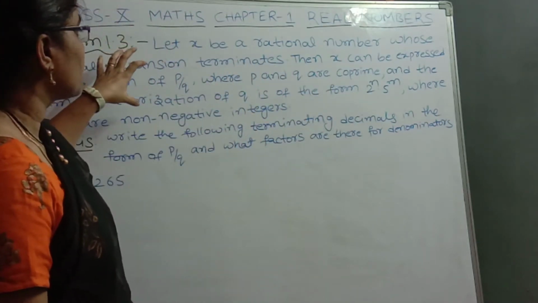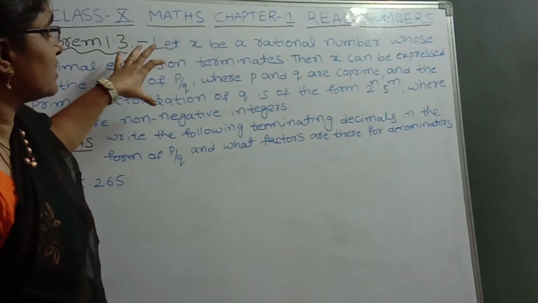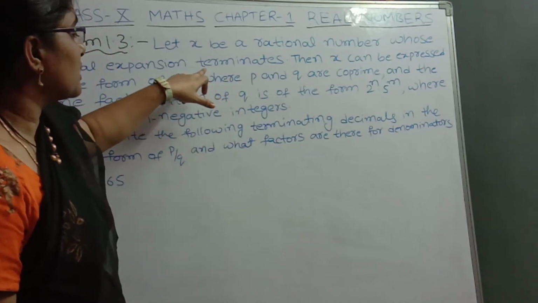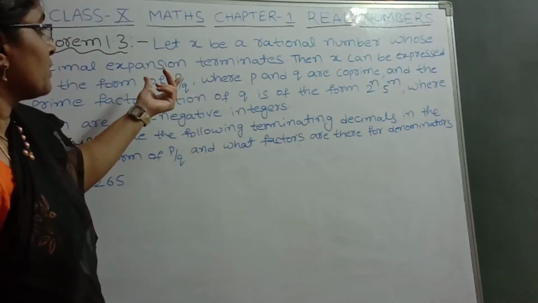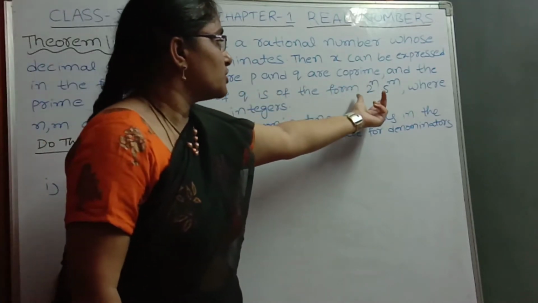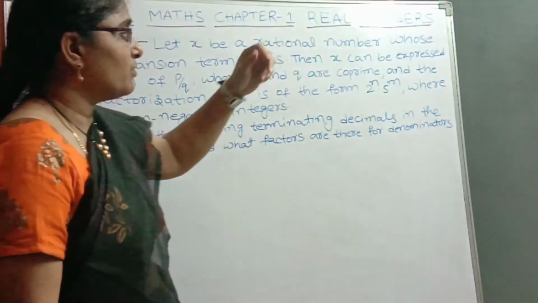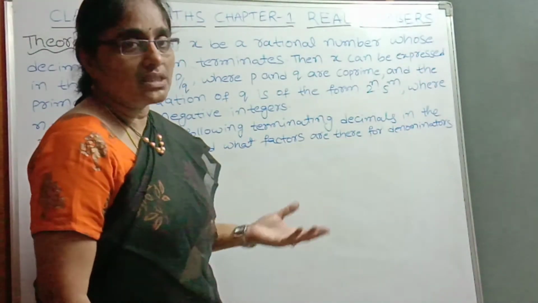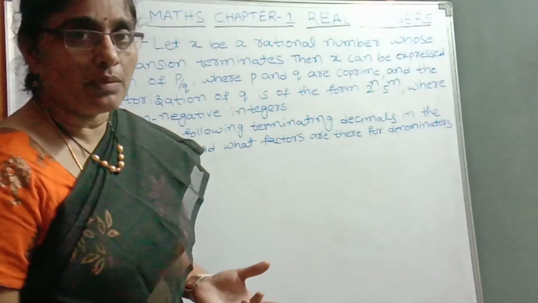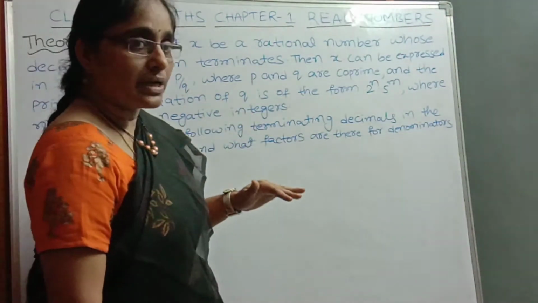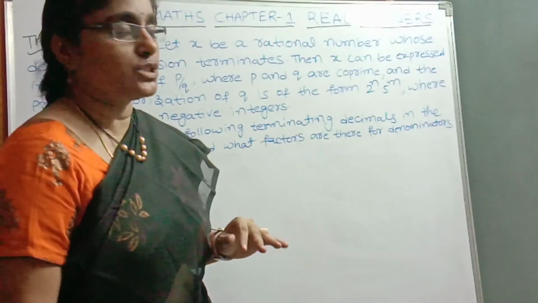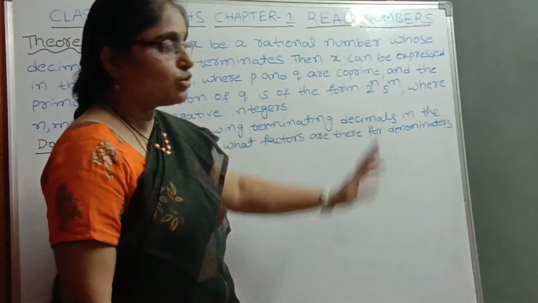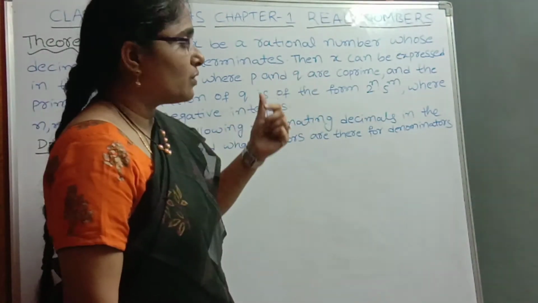This is the theorem. Before, we explained and discussed what the decimal expansion is, what the terminating decimal expansion is, and that the denominator is in the form of 2 to the power of n into 5 to the power of m. In previous problems we discussed how you convert rational numbers into p by q form, and how you write that p by q form in the simplest form. When we write the simplest form, the denominator is in the form 2 power n into 5 power m, and p and q are co-primes.